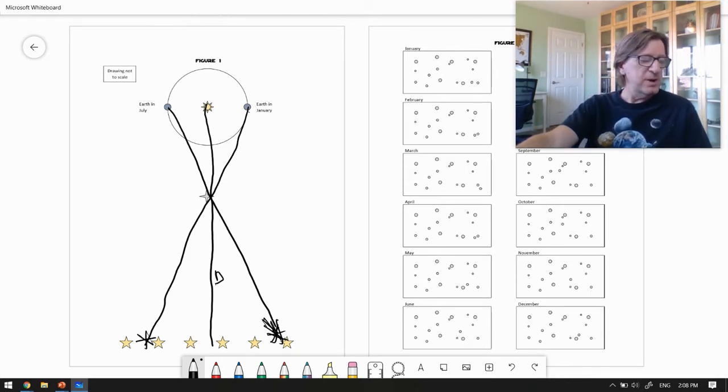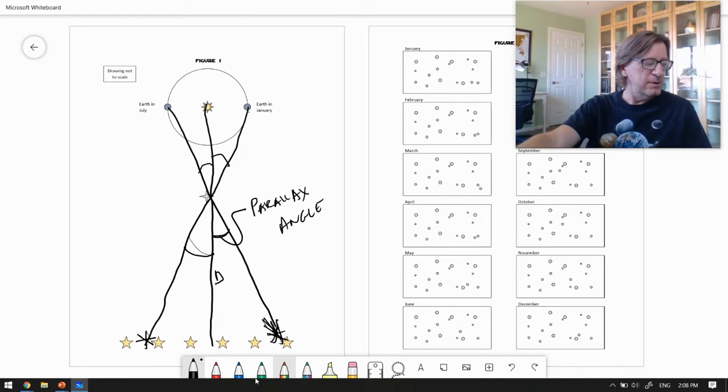Because this is the distance that I'm trying to find. So the parallax angle, it says, is the line from the sun to the star and to one of the lines on either side. What that really means is this. Or alternatively, you could do this. Those are the same angles because we've just split it in half. And you may say, wait a minute, didn't we do it over here before? Yes, and if you remember geometry, this is called an alternate interior angle, but this angle and this angle are actually the same, and this angle and this angle are the same. So it doesn't matter which one you're measuring. This is our parallax angle.